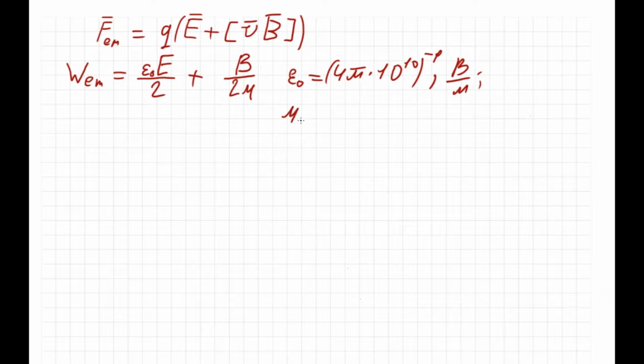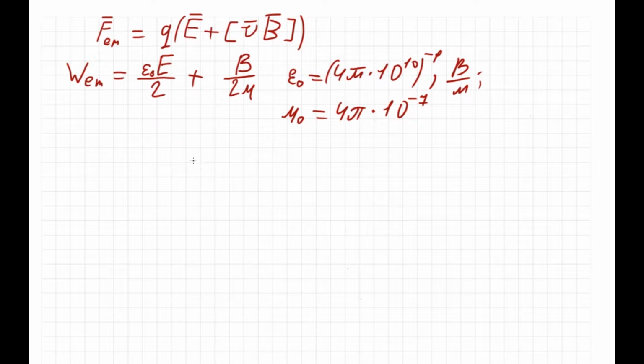Permeability is mu sub index 0 equals 4 pi by 10 to the power minus 7. So they are basic formulas of